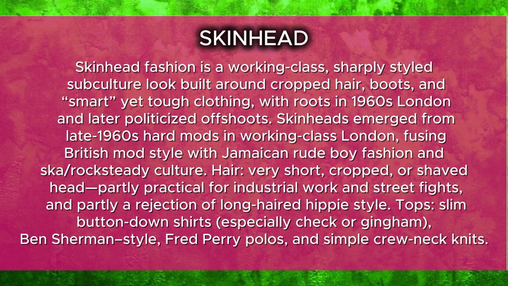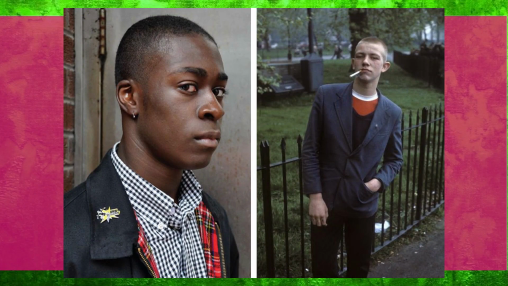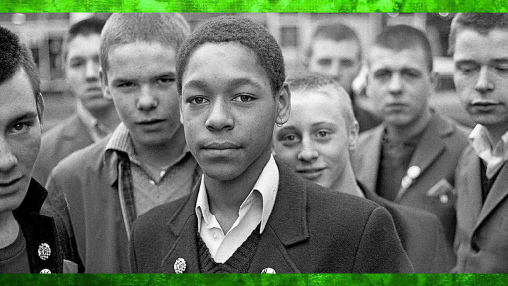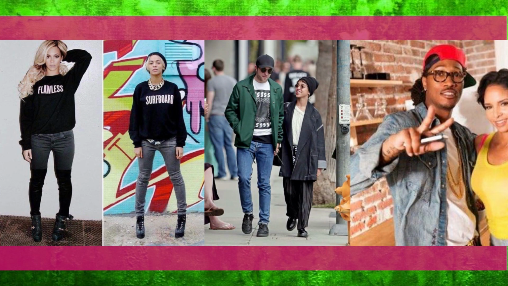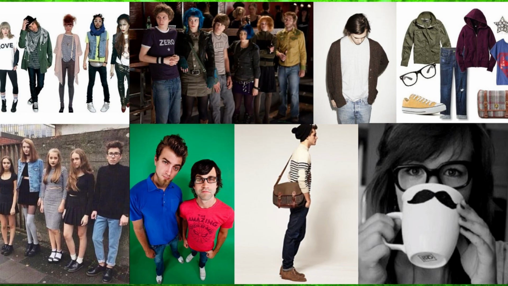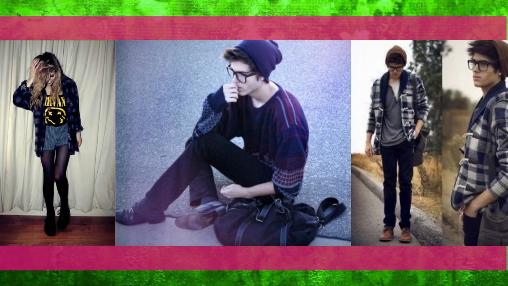Skinhead fashion is a working-class, sharply styled subculture look built around cropped hair, boots, and smart yet tough clothing. With roots in 1960s London and later popularized offshoots, skinheads emerged from late 1960s hard mods in working-class London, fusing British mod style with Jamaican rude boy fashion and ska rock. Hipster fashion is an eclectic, self-consciously alternative style built around thrifted vintage pieces, indie art references, and ironic or nostalgic details, especially associated with 2000s and early 2010s urban youth scenes. The word hipster first appeared in 1940s